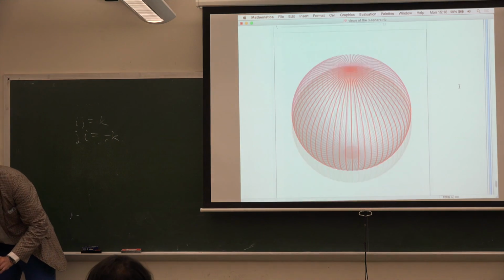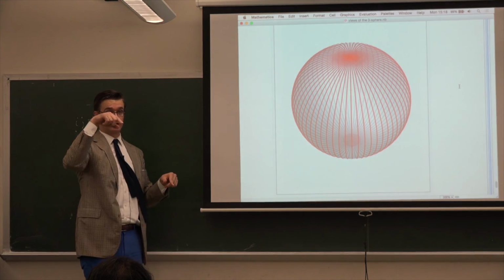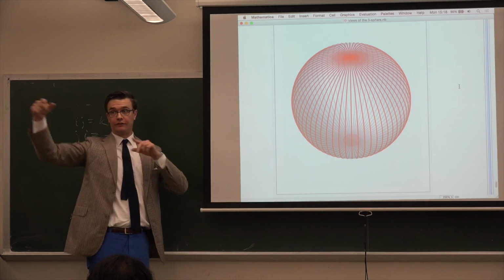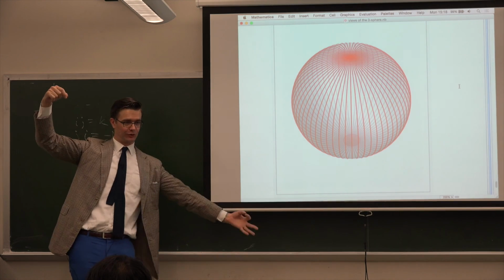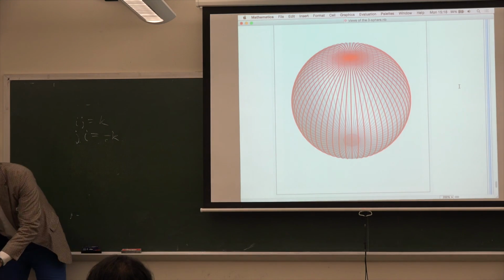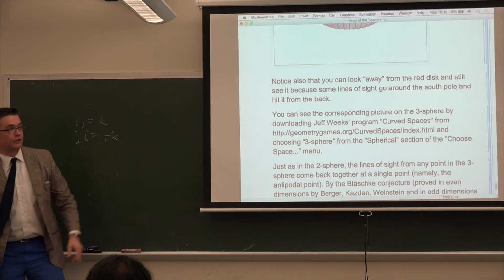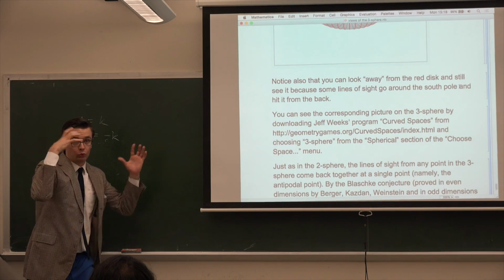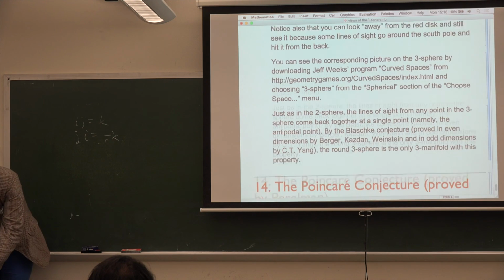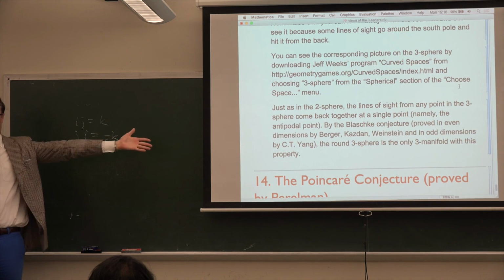So it turns out, you have that special point where someone could stand at the other point and you see them in every possible direction. And that's true of every point on the sphere. Everybody has sort of their anti-friend, a point on the other side. And so it turns out that the round three-sphere is the only three-manifold with this property. This is what's known as the Blaschke conjecture,